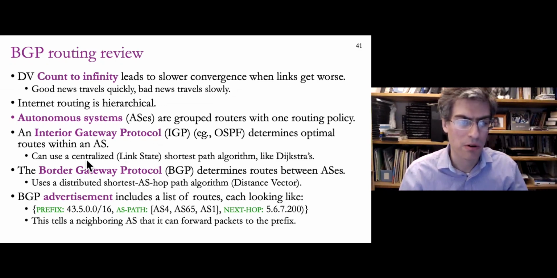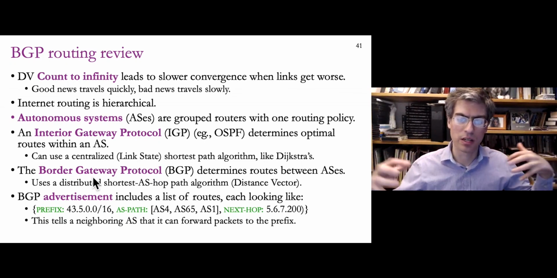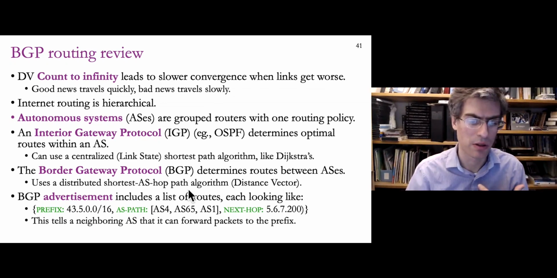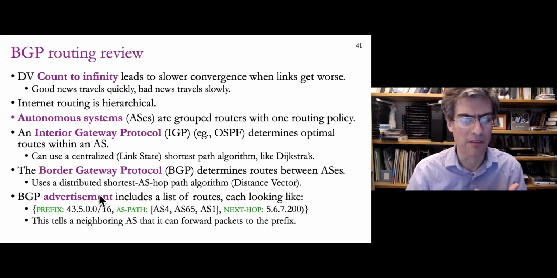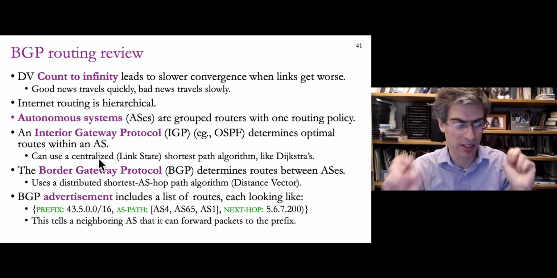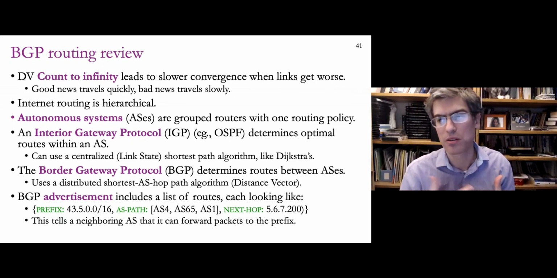With interior gateway protocols, we can use link state algorithms, which is to say centralized algorithms like Dijkstra's algorithm, but with BGP across the whole internet at a global scale, we use a distance vector-like algorithm that's implemented with BGP advertisements as the distance vectors. It uses the shortest AS path hop count to find the shortest paths in the network. Of course, there also are ways to override this with local preference, and there are tie-breaking rules that use